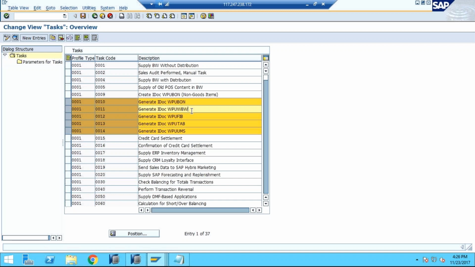So this depends on your requirement. Like if you want to use only sales data, no goods movement or finance data, then you have to configure these two types, like bond, TAB, or UMS. This is generally for sales transactions. And below you can see